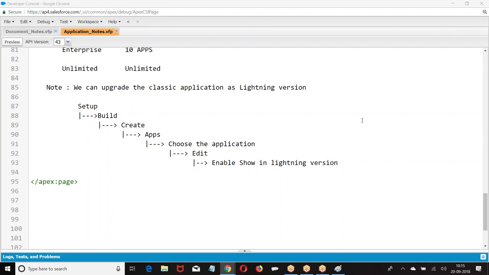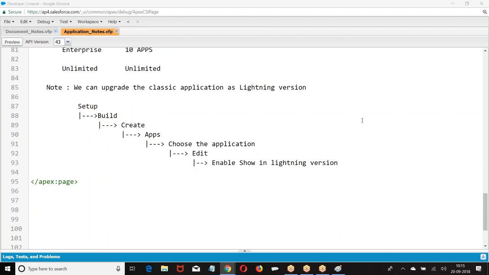Now we have a choice to add and remove. I have created a Classic application and I need only 3 tabs in Classic. I have added them. When you move to Lightning, you want 10 tabs to be displayed. You convert them into Lightning, go to the application, click on edit, and add the extra tabs. See, adding and removing is within your hand. So that's your choice. Right, boss?